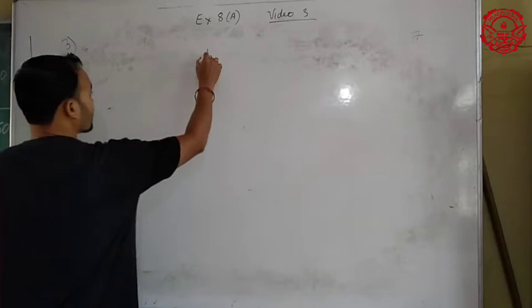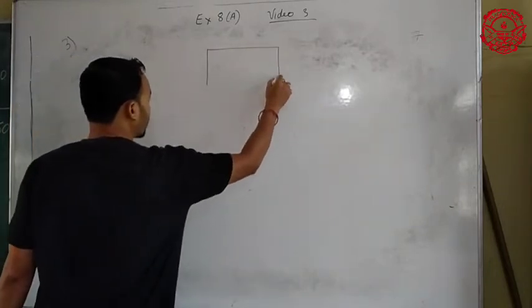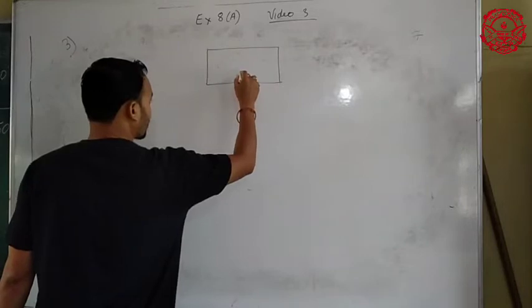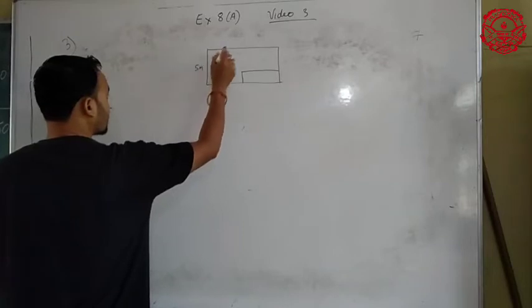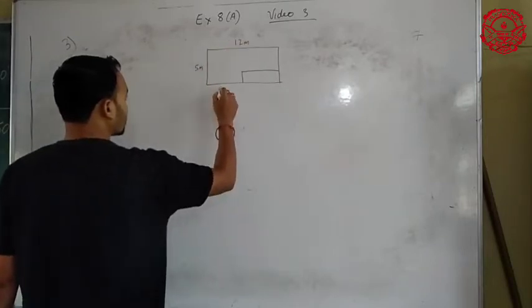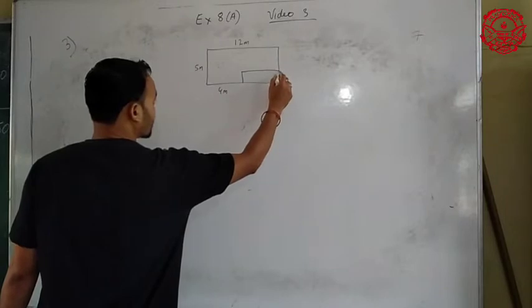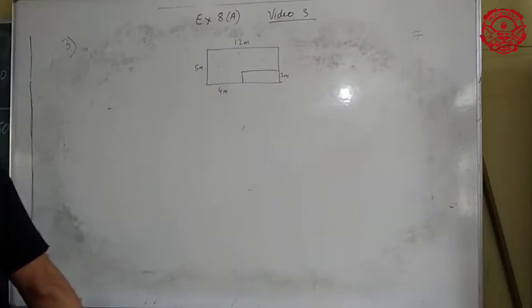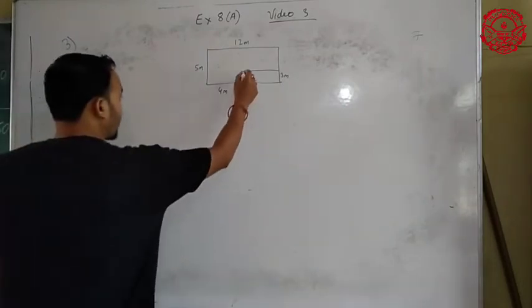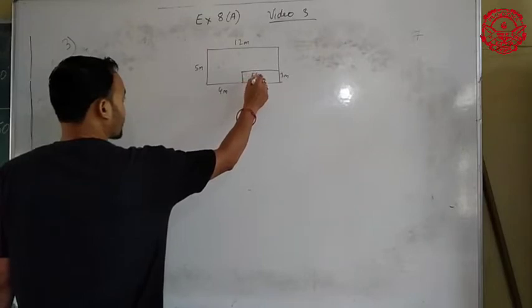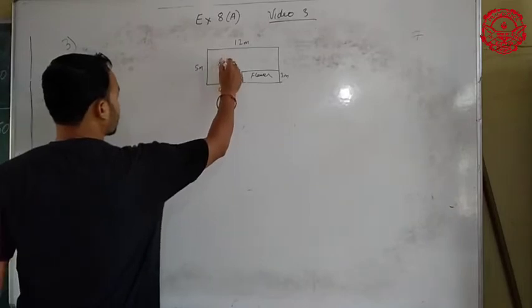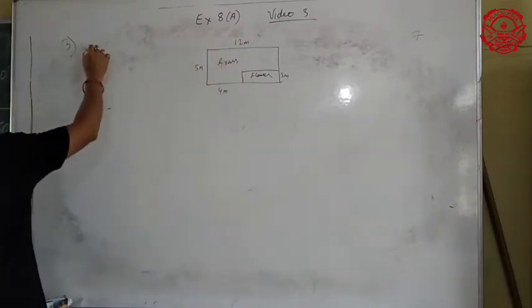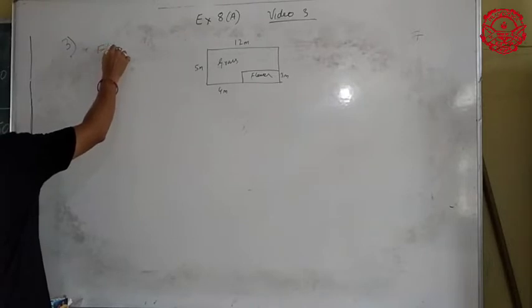You see, there is a particular rectangular space here, like this. Yes, this is 5 meter, I think. Yeah, this is 12 meter. This is 4 meter. This part is 3 meter. Okay, so we check. Yes. Okay, see, this part is flower, and this entire part is for grass. We need to calculate the ratio of flower is to grass.